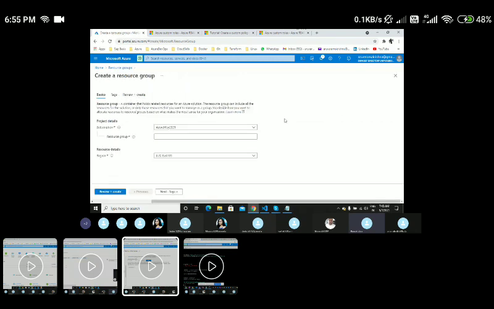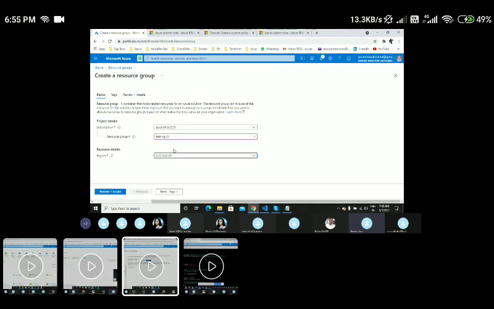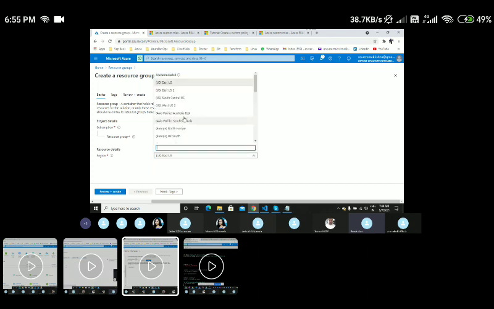And for creating a resource group, whatever requirements or user inputs it is asking for, I can give. For example, I'll say test resource group, test rg01, and which region you want to create it in. Based on the region, for example, if you are working for a specific client and your client is from East US, let us imagine, you have to create all the resources and the resource group in East US only. You should not create resources in different regions.